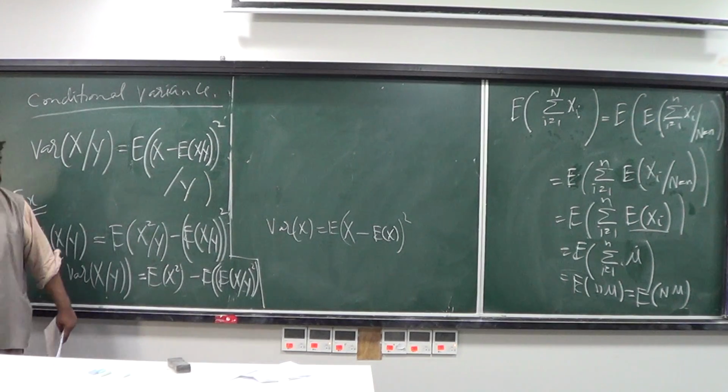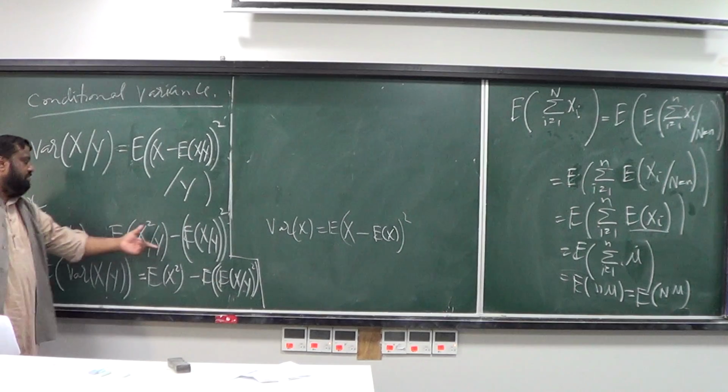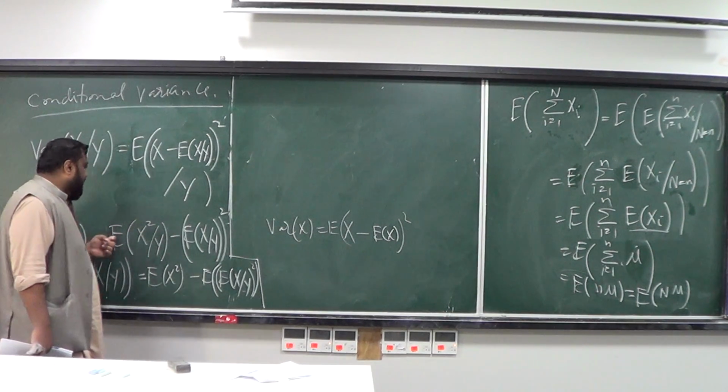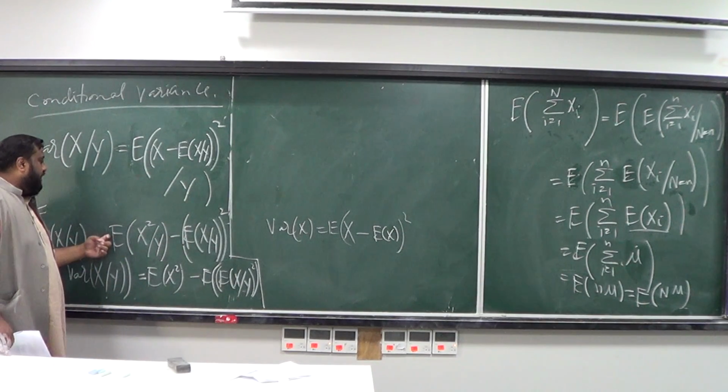This is going to be the expectation of it. You can see it immediately follows from this formula. If you apply expectation here, it is equal to the expectation of this quantity minus the expectation of this. But the expectation of some